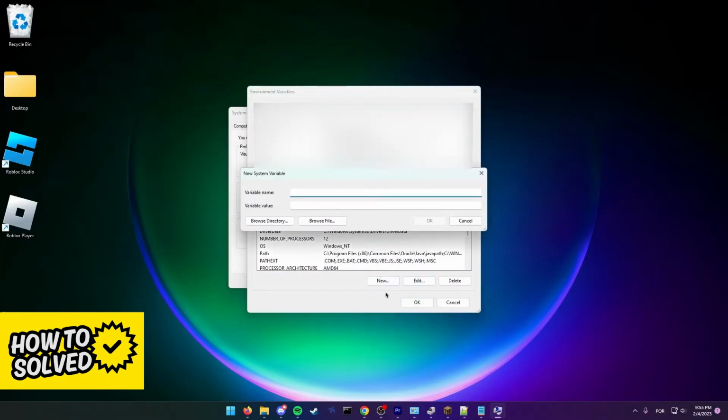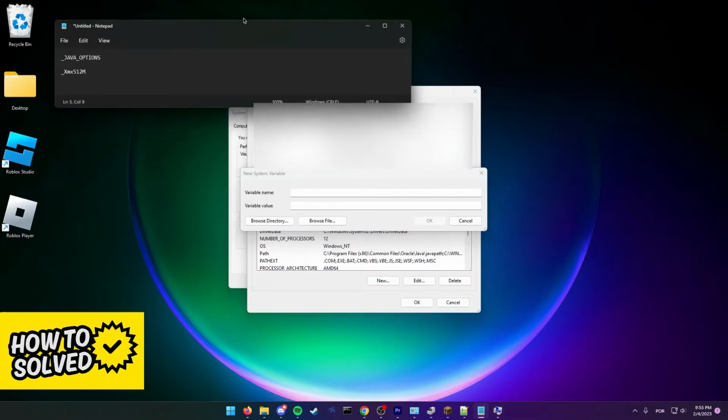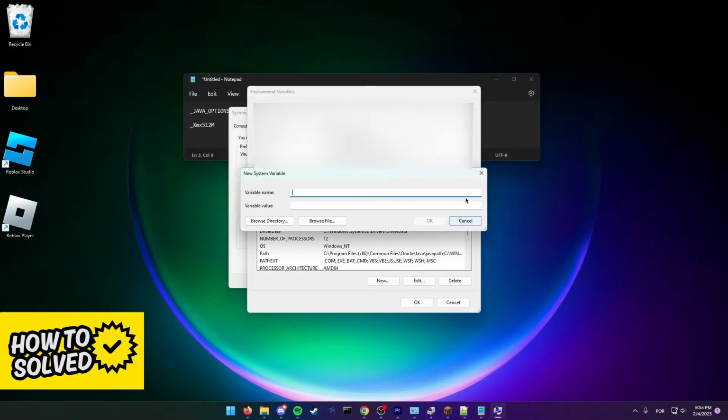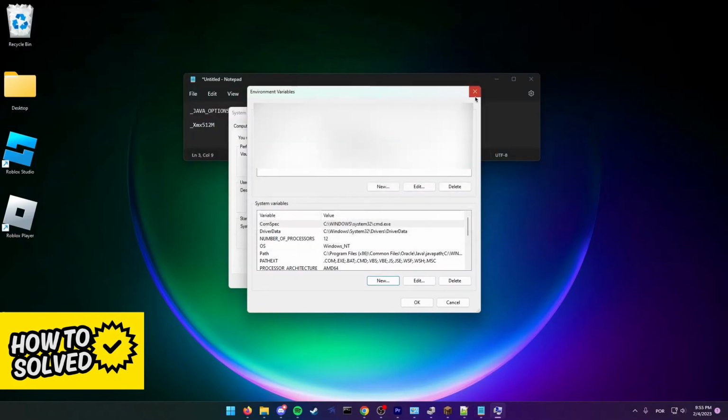on the System Variables. What you have to do is input the variable name as _JAVA_OPTIONS all caps and then the variable value as -Xmx512M and then save. Once you save this system variable, restart your computer and try opening up Minecraft again to